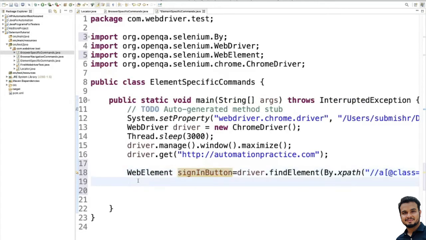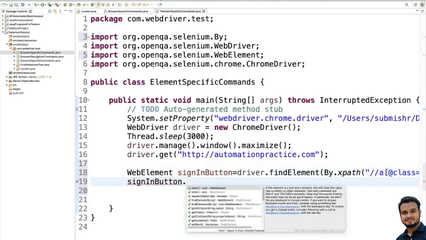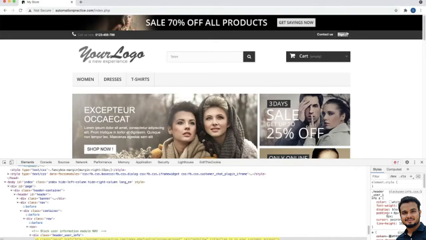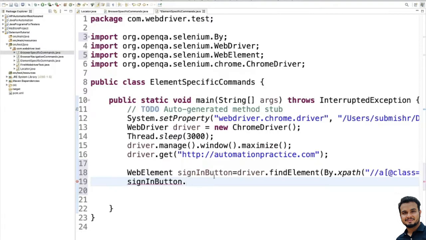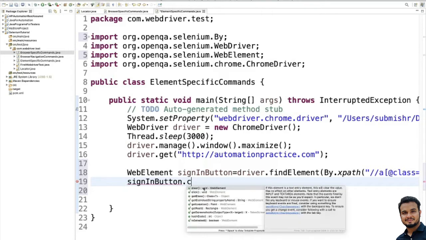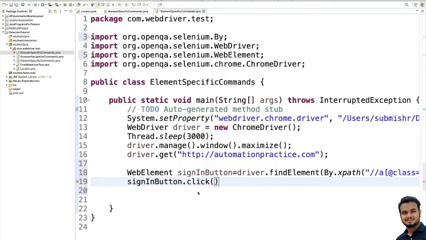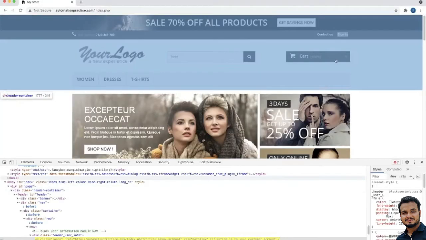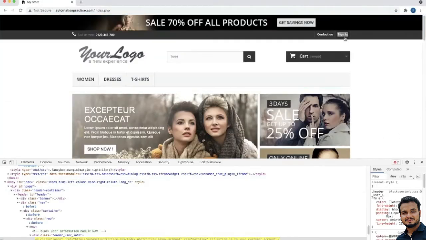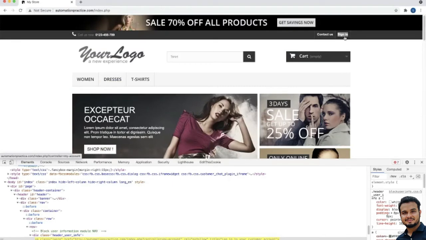Then what you can do, signInButton dot, what we want to do here, you want to do a click, right? So you just write dot click. Okay, so it will perform a click on that particular button.